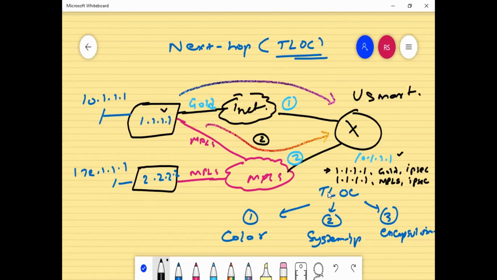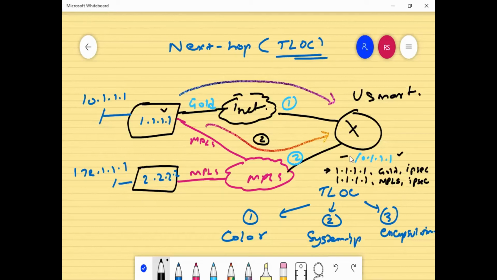This color coding is same everywhere or it's different? Sorry, can you repeat again? Can you repeat your question? I'm saying, is the color coding the same, or can we change it according to our requirements? You can change it, okay, but ideally if you are using one color coding for internet, you should be using that color coding only for the internet throughout. So that color coding identifies whether the traffic is coming from MPLS or internet. You can check that, right?